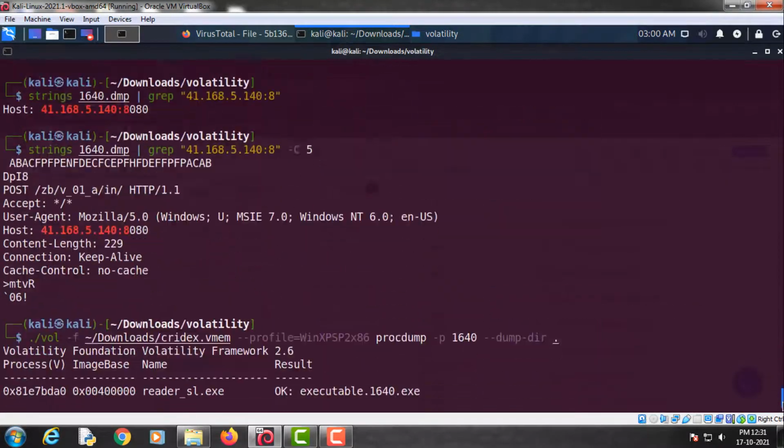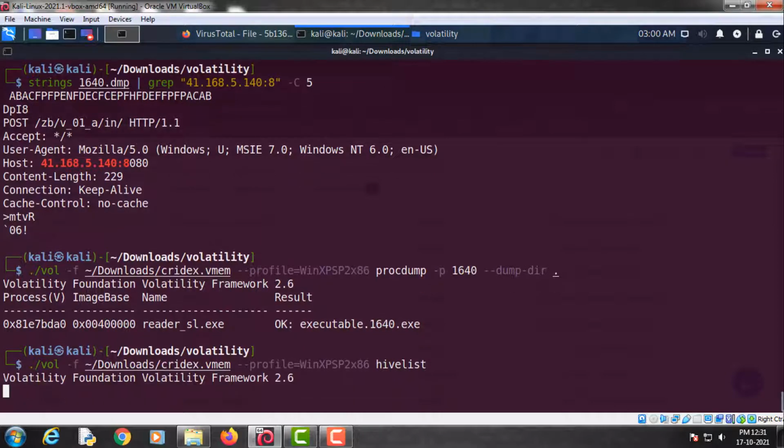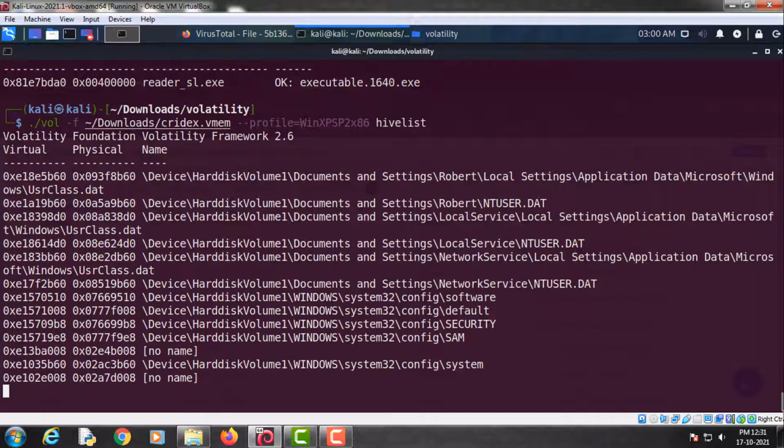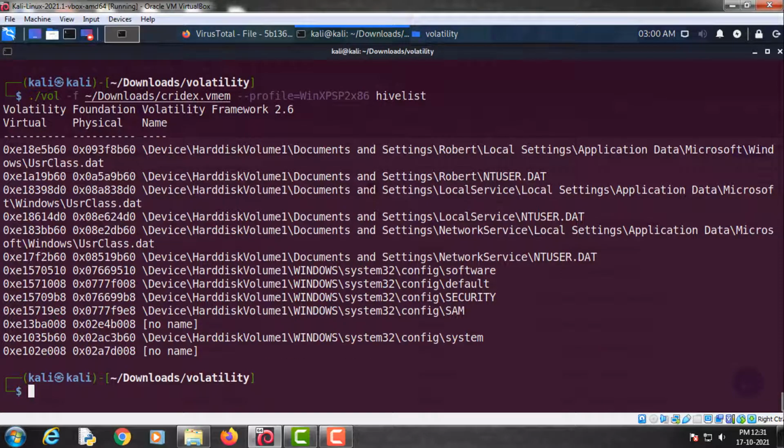So these are the registry keys. Since any malicious program will try to start itself without any user interaction, so as soon as you turn on the system, the malicious program will also start running. For this purpose, it will have to enter in the registry. It will have to make some changes in the registry.